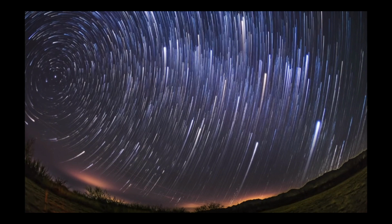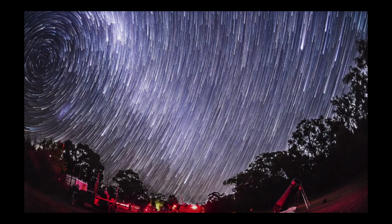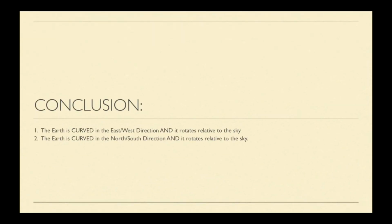However, we do have a problem. And that problem is the southern celestial pole, which is seen here. Notice that the star trails are moving in a clockwise direction, opposite what we see in the northern hemisphere, rotating about an empty space called Sigma Octantis, which is the southern celestial pole. There is no rotational geometry that will allow a rotating flat Earth to create both a northern and a southern celestial pole. The fact that there is a north and a south celestial pole with the stars rotating around it, and that we cannot see Polaris from the southern hemisphere